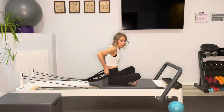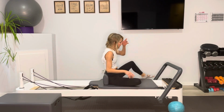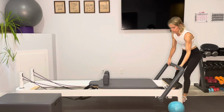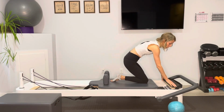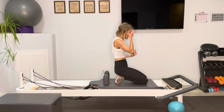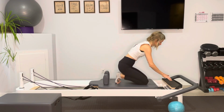We're going to hang these up. Okay, let's go ahead and stand up, and we're going to drop this foot bar. Once you have your foot bar dropped, we are going to be coming into a quadruped position. So if you don't have a little pad on your standing platform and you need one, go ahead and grab one now. We're going to stay on this yellow spring, so it's really light, but we want to start warming